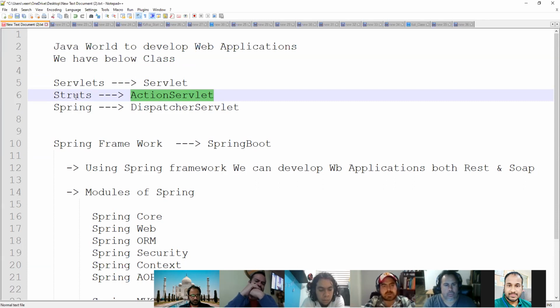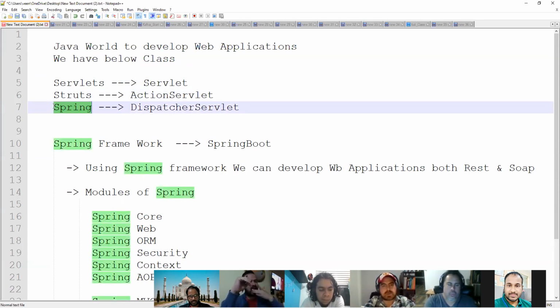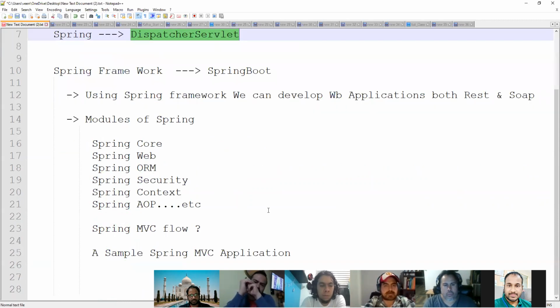Here also there is a lot of configuration files and boilerplate code, so people changed to the Spring framework, which came into the picture with a lot of modules. Here the main class is the dispatcher servlet. That is what I want to convey.